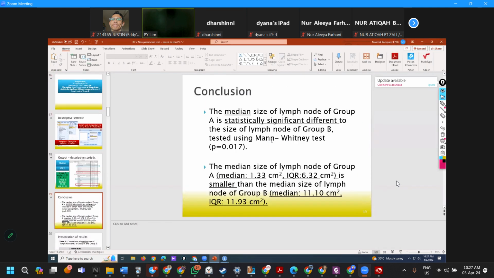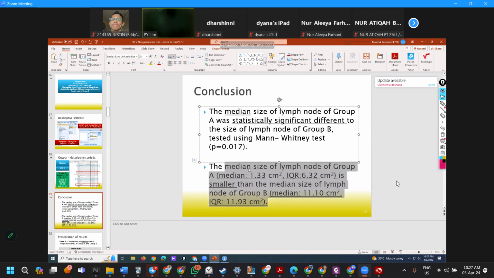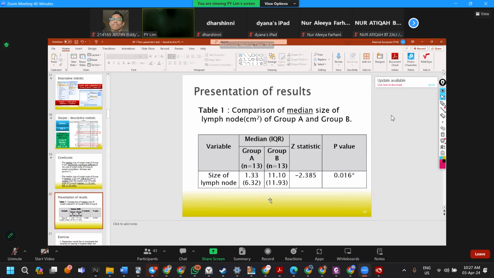So bear in mind, what you need to do is write the final conclusions. The medians was, or is, up to you, but better "was". The size of the lymph node of group A was significantly different from group B, tested using what kind of test? The p-value, the median size and IQR, what are they? The median and IQR are what? And when you present the result,